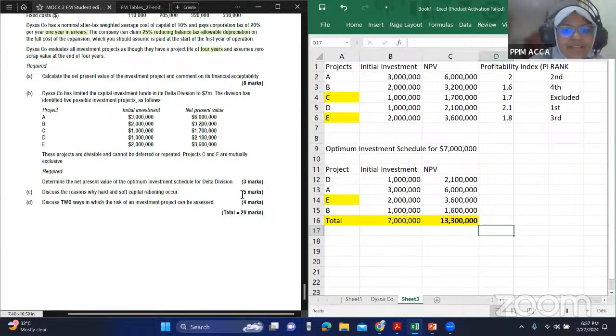Then the D part. So basically this is 5 marks, and how you have to work around it is: 1 mark you can talk about generally what capital rationing is. Then 2 marks if you can talk about hard, and 2 marks if you can talk about soft. So for hard, you can define it, say what it is, and then maybe you can give an example. For example, the bank is not willing to give you any more funds. For soft capital rationing, you can talk about what it is, and as an example you can say why. Maybe because we want the projects to compete with each other. Okay, so that will give you an easy 5 marks there.